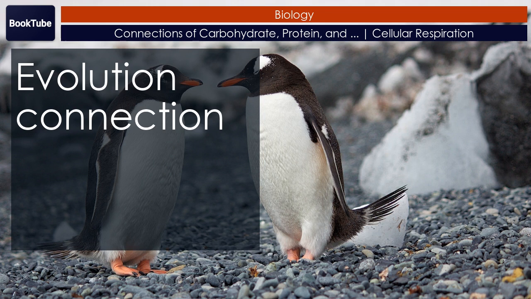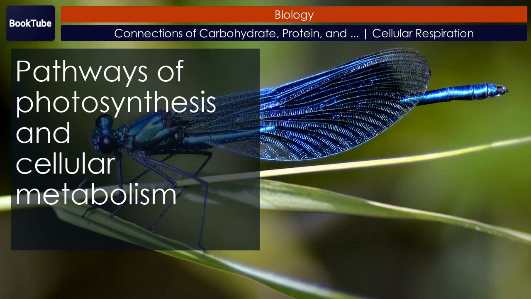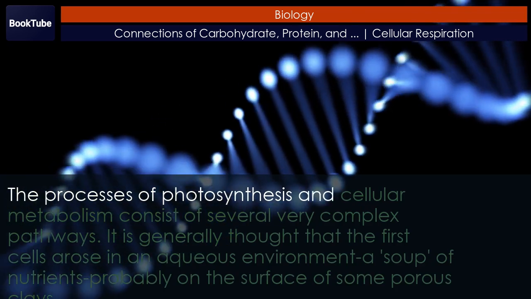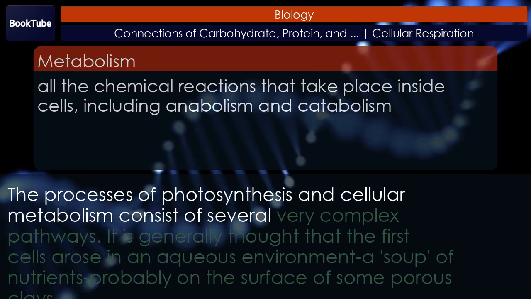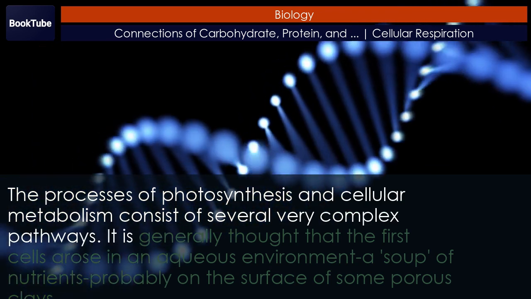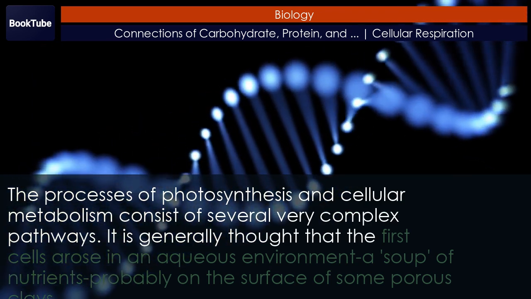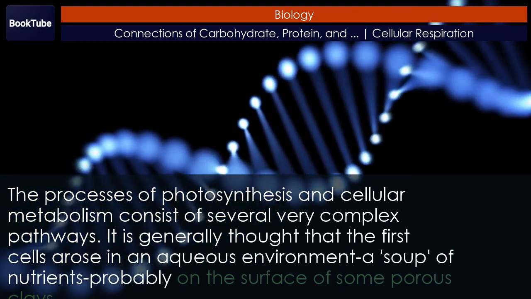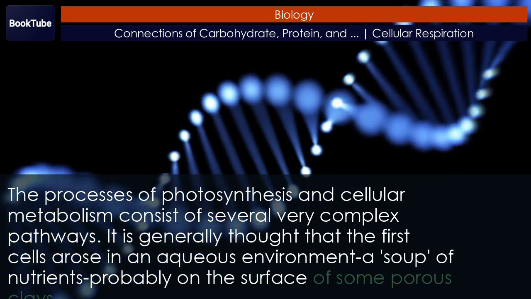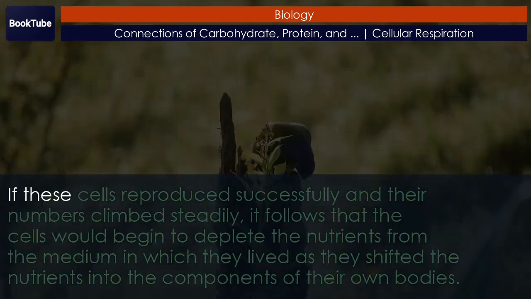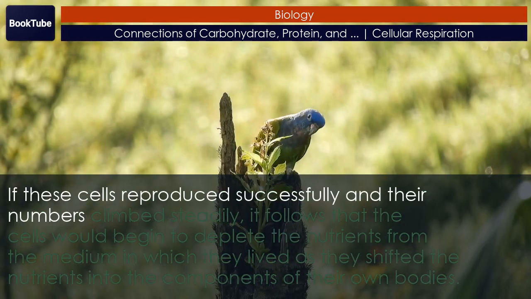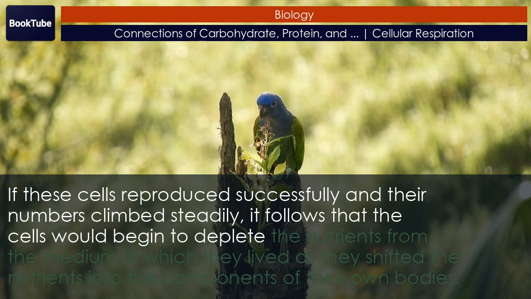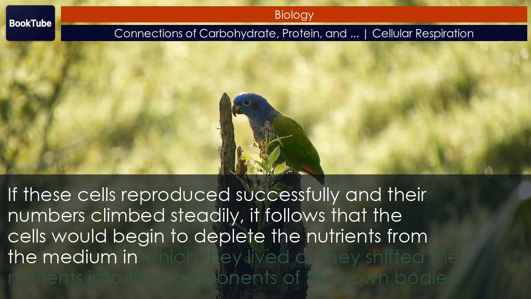Evolution connection. Pathways of photosynthesis and cellular metabolism. The processes of photosynthesis and cellular metabolism consist of several very complex pathways. It is generally thought that the first cells arose in an aqueous environment, a soup of nutrients, probably on the surface of some porous clays. If these cells reproduced successfully and their numbers climbed steadily, it follows that the cells would begin to deplete the nutrients from the medium in which they lived,